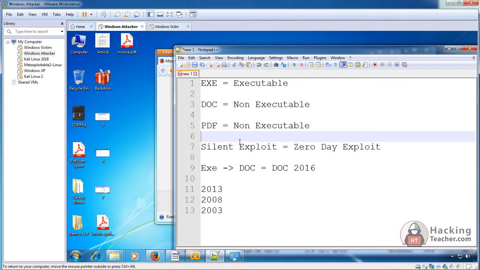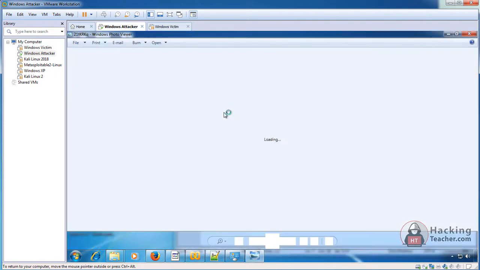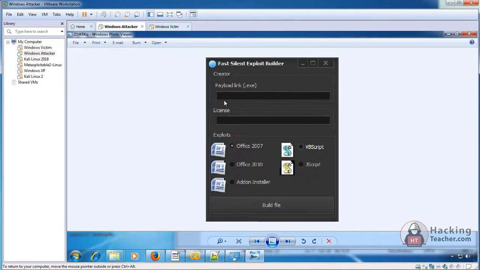Now, how are they used and what do they look like? Even if you buy a silent exploit, it comes in two forms. One is the graphical builder like this, where you just give your Ramcos file, the exe file here, and the license key which you got while buying this builder, and then you choose the Office version.